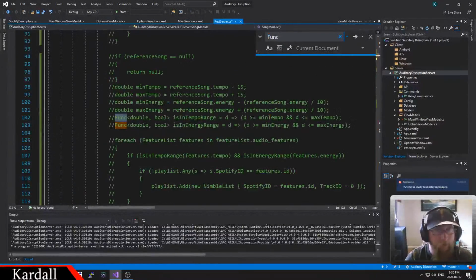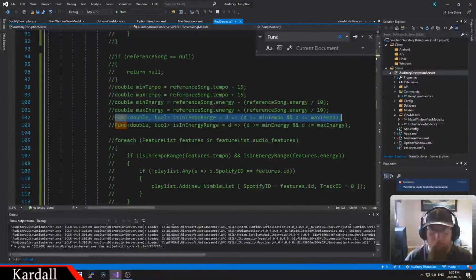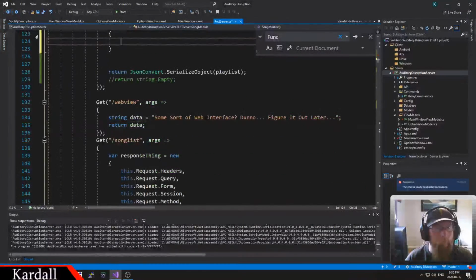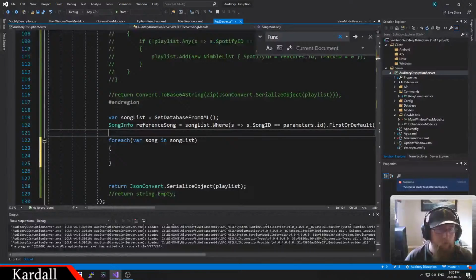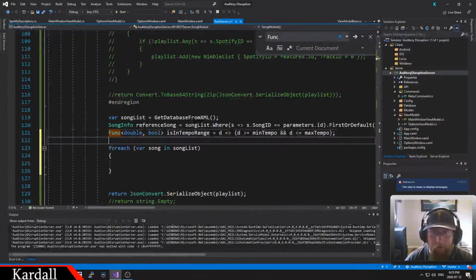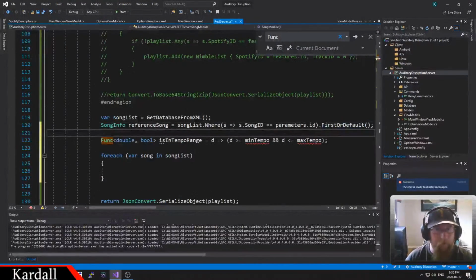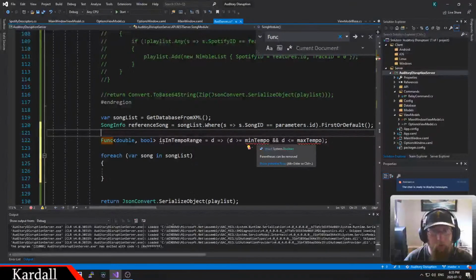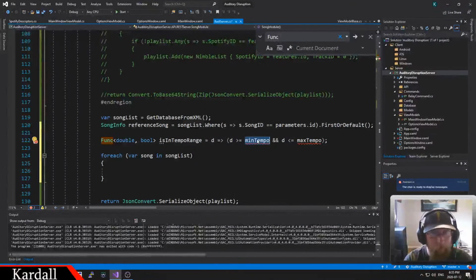In fact, I had, this is the old one, right? So this here is a function that checks if it's in range. So is in range, and you pass in the value, and it returns true or false. So now my value is, the minimum tempo is going to be